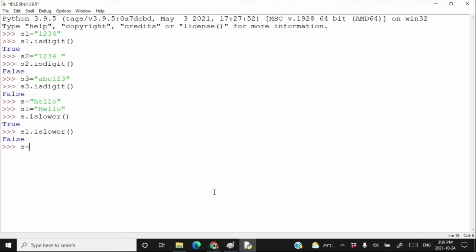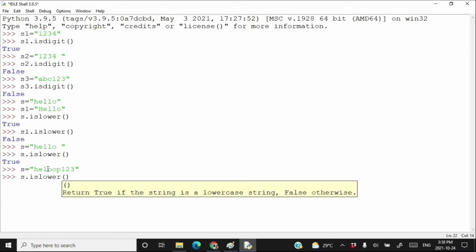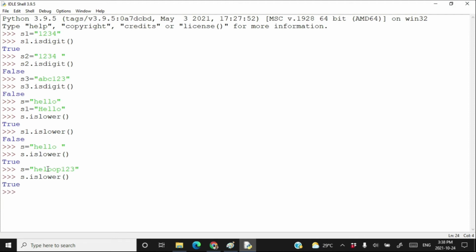If I create the string s is equal to hello and leave a blank space here, press enter, s.islower returns true. That means if alphabets appeared and all the alphabets are in lowercase, the islower method returns true, otherwise false. If I write s is equal to hello123 and try s.islower, again it is true.